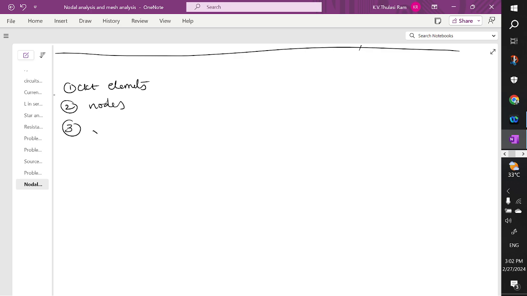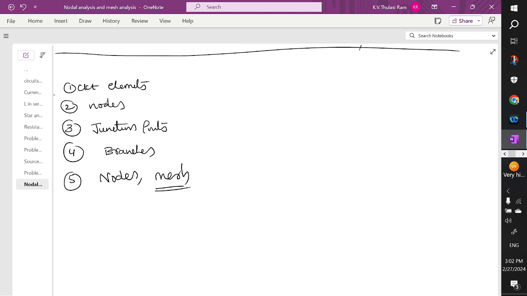Third, identify the number of junction points. Fourth, identify the number of branches. Fifth, identify the number of meshes. So the network given to us is like this. You have a voltage source, you have R1,